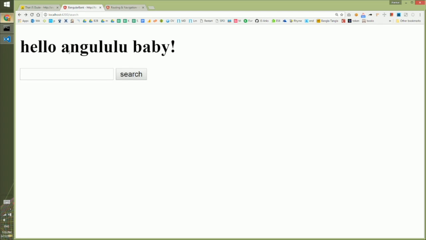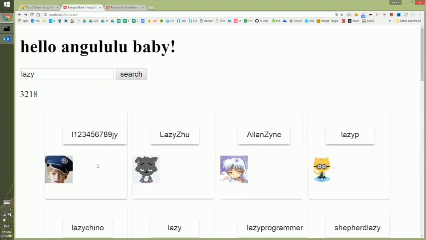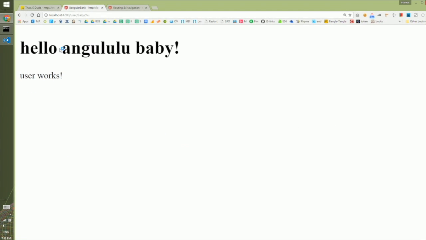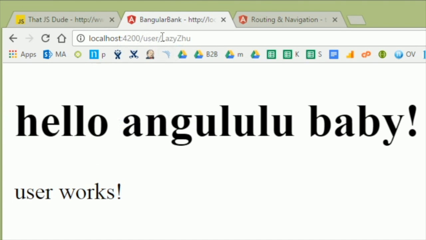So we will go to the browser and search for lazy people in GitHub, and whenever we find all these lazy people, we will click on this. This should take us to the user route with this part as in the URL. So if we click on this, you will see the URL changed to user/lazy whatever the name is, and it comes to the user works. That means the routing with parameter is working for us, but to make it complete, we should load detailed information